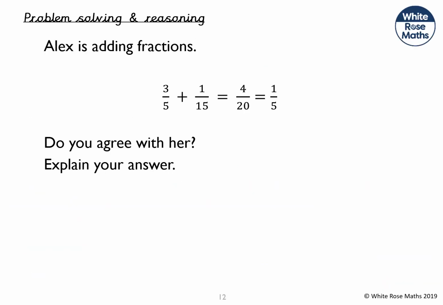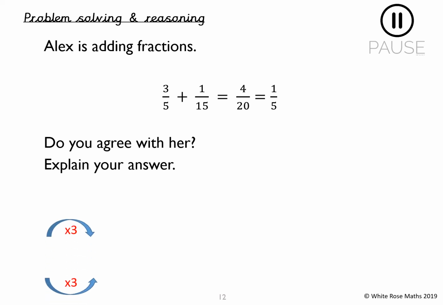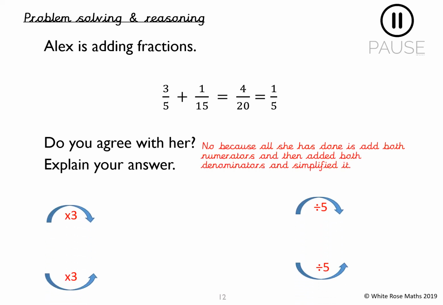Final question. Alex is adding fractions. 3/5 plus 1/15 equals 4/20, which can be simplified to 1/5. Do you agree with her? Explain your answer. No, you don't agree with her, or you shouldn't agree with her, because all she's done is she's gone across